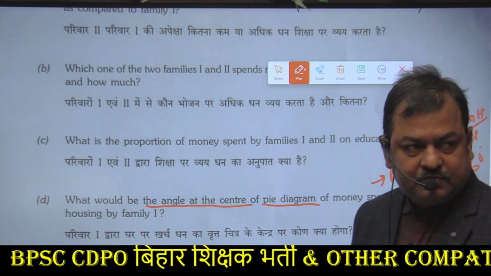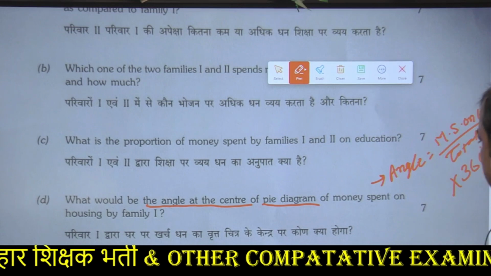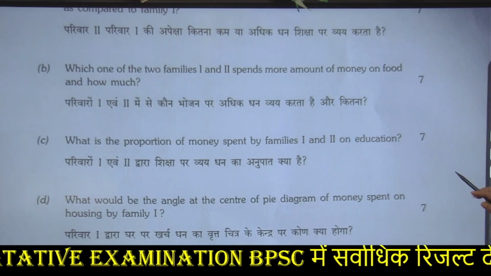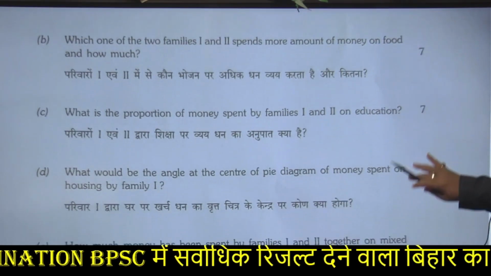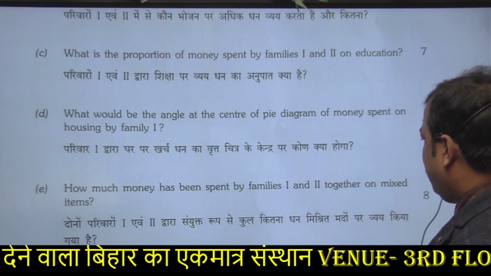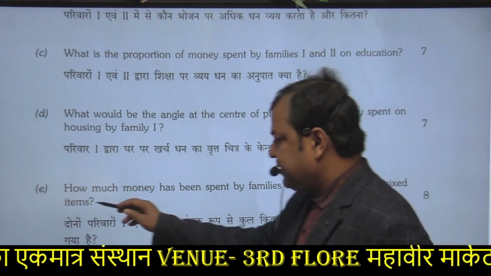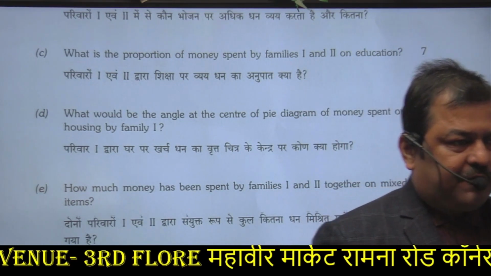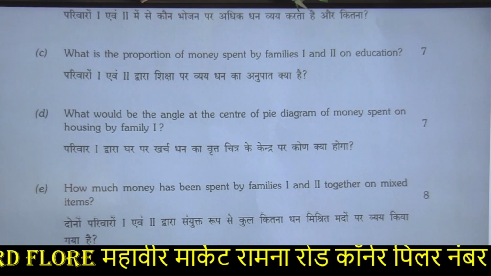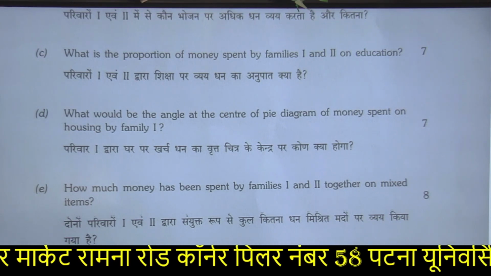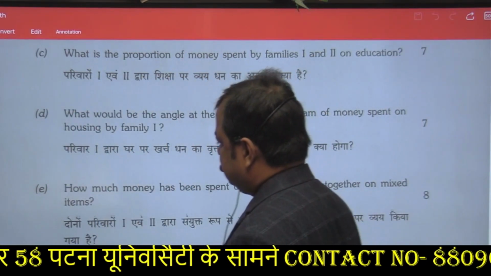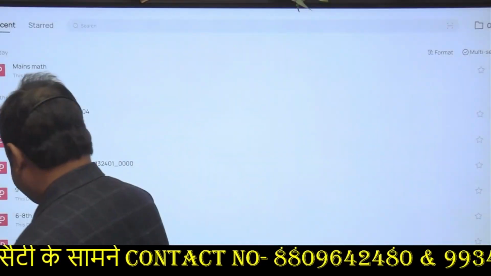And last, how much money has been spent by family 1 and 2 together on mixed item? This sector, first of all, find out mixed item. So for detailed explanation, every part of this question,